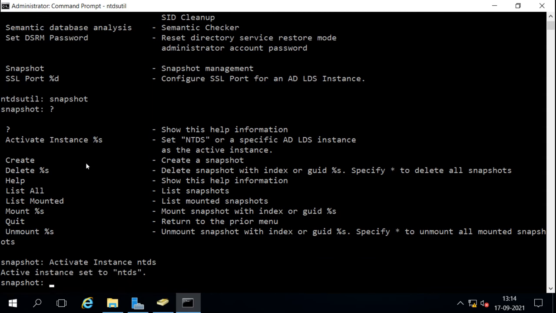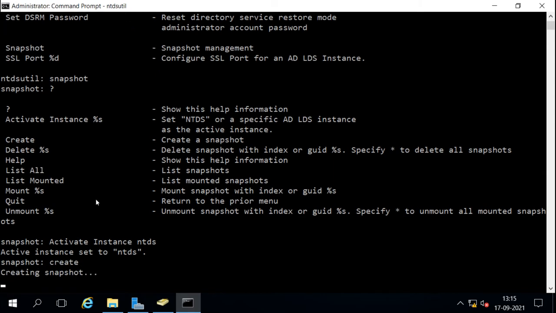Now we can create the snapshot. For creating the snapshot, we just have to give the command create, and it will create the snapshot. To see the snapshots, we can use the list all command. Now I want to create, so I will give the command create first,